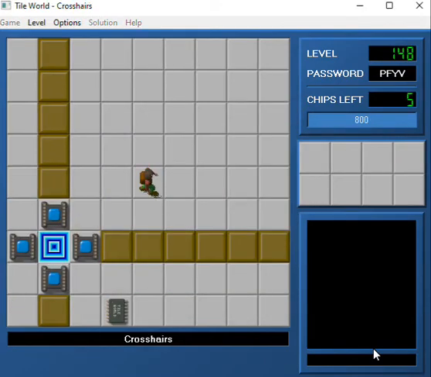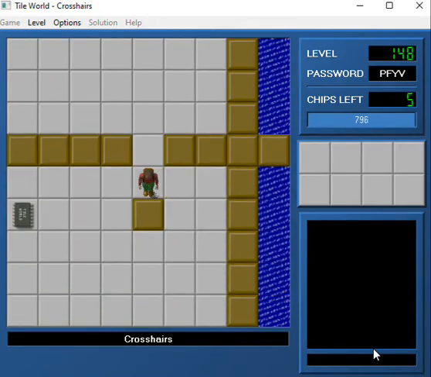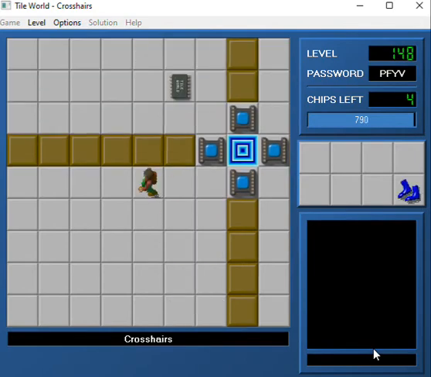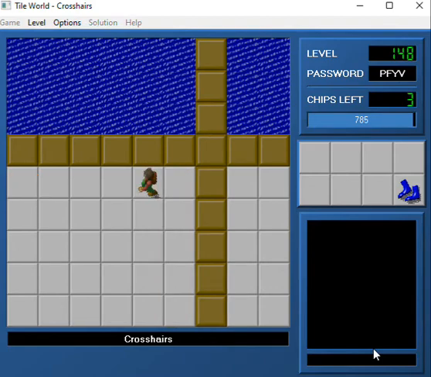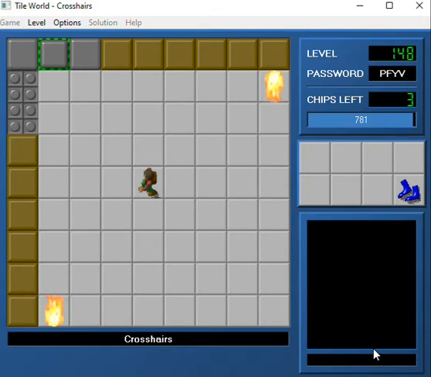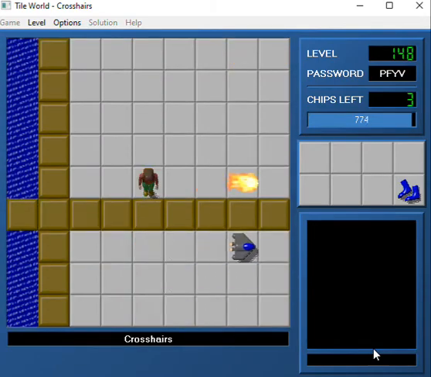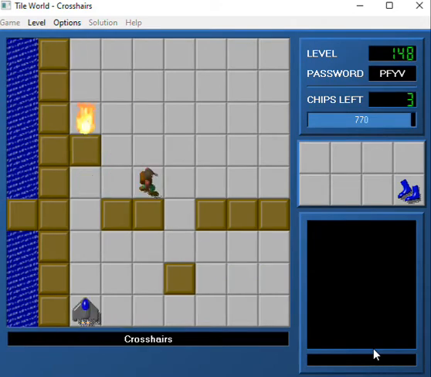Okay, Crosshairs. So this level at 148, this has an interesting history. This level was originally based on an escape level in terms of its design, where you have basically crosshairs. It was originally in JL1, and it was a lot harder. And I kind of made a middle-of-the-ground version for CCLP 5 submissions. But what you're supposed to do in this level is swap the positions of the fireballs and gliders such that